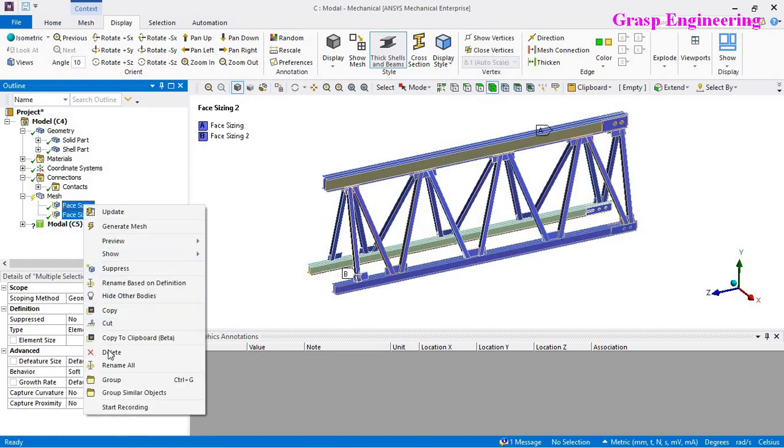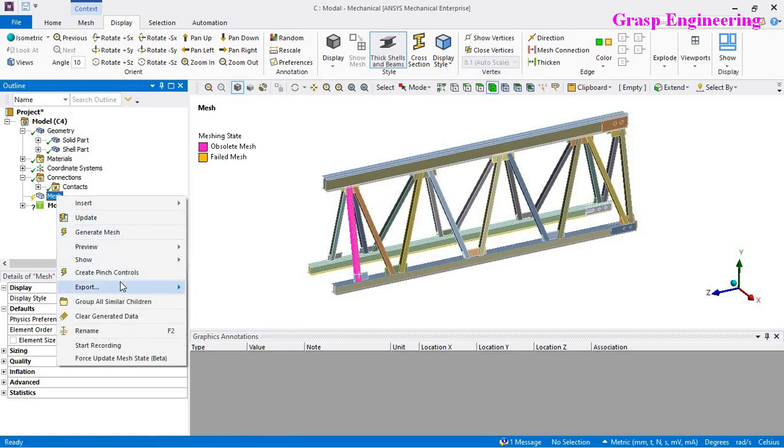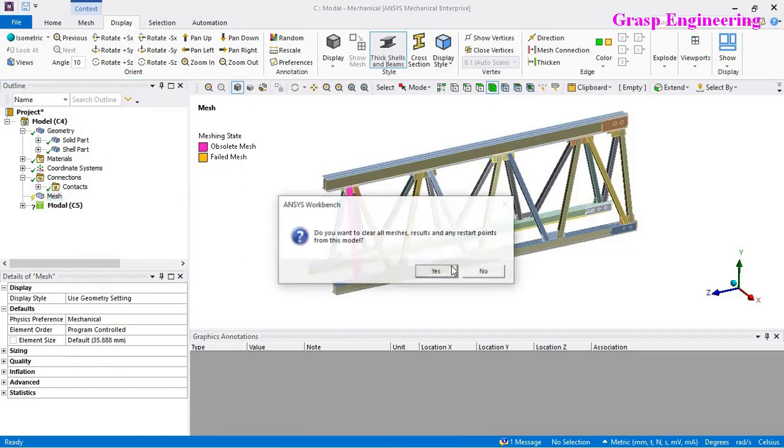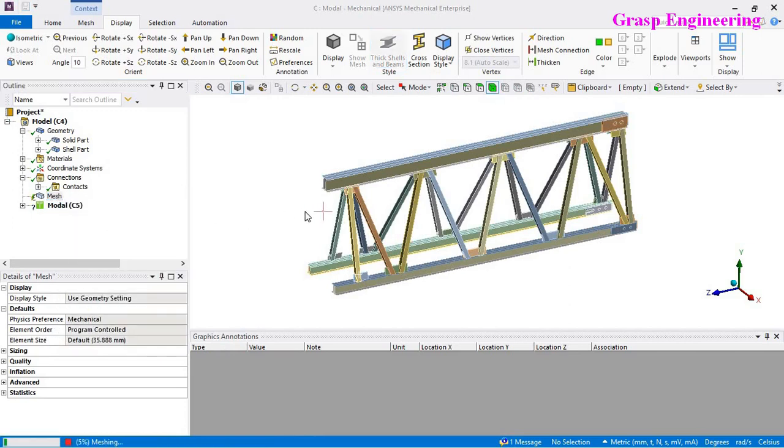I will delete this and go with the global sizing that I found moderate for the present simulation, because I need to get faster results. This is just for the demonstration. When you do the actual simulation, try to use a fine or moderate mesh.